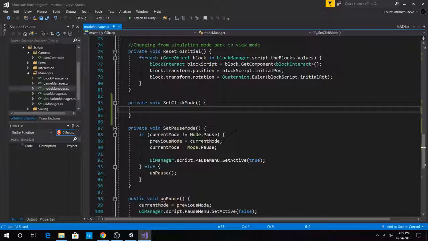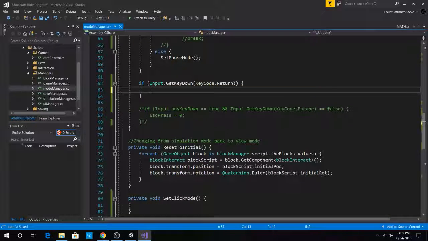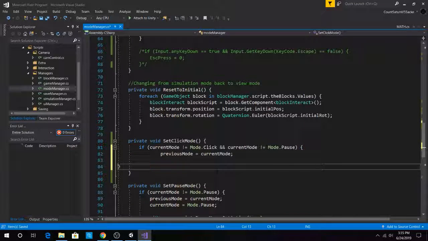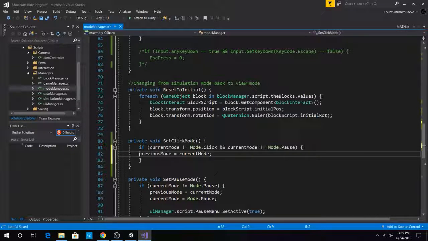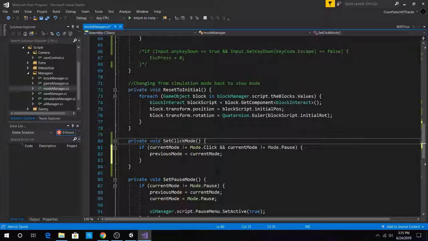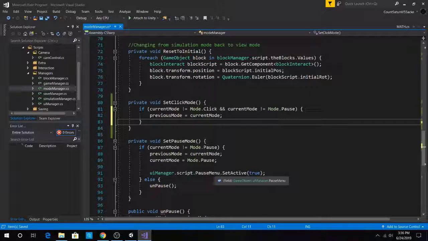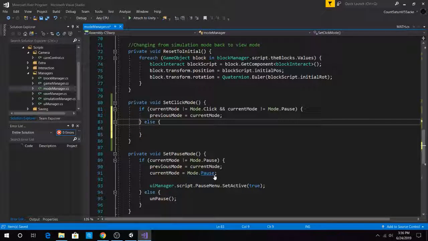Set click mode. So basically, actually, pass it. We'll do this. Set click mode. And here, what we can do is like so. Set click mode, and for this one, else, what we want to do is